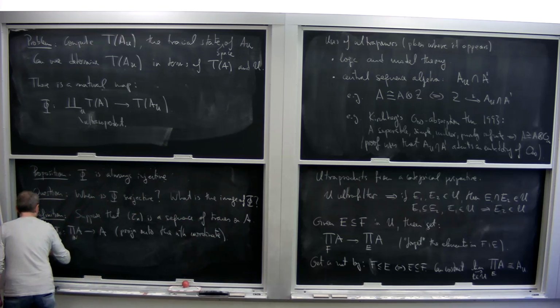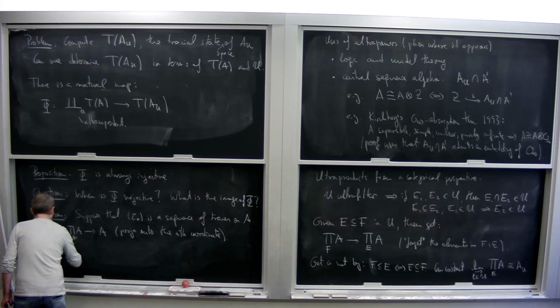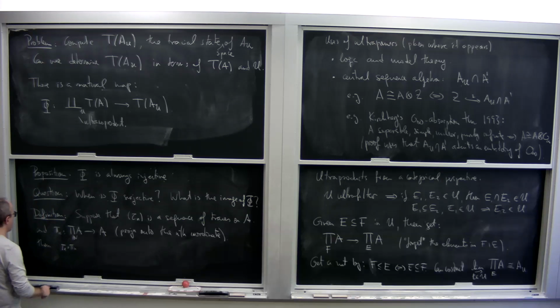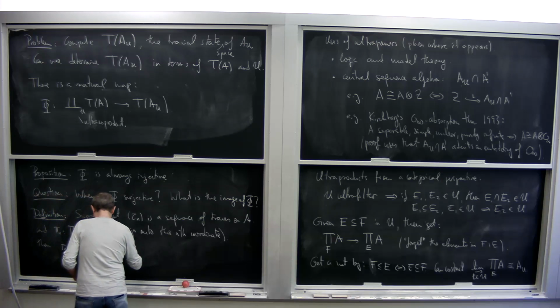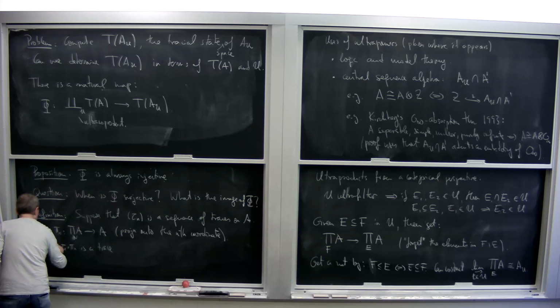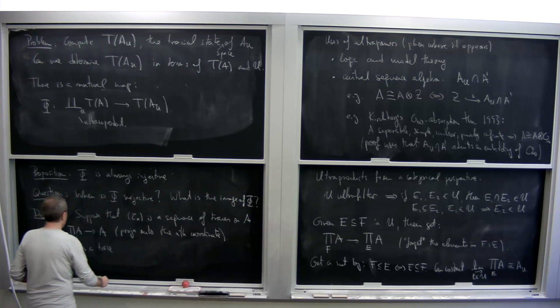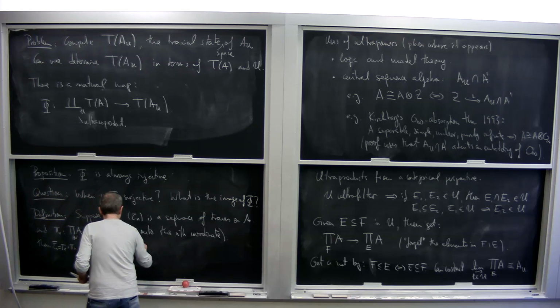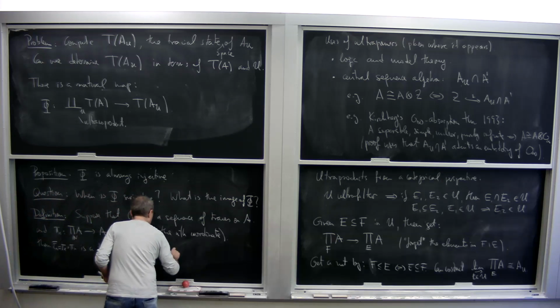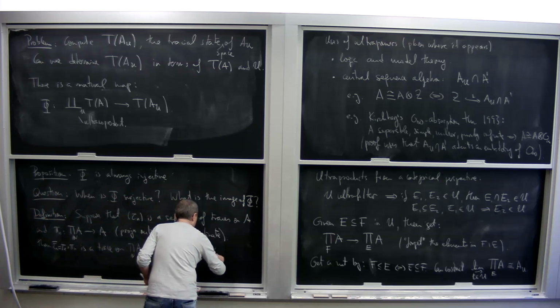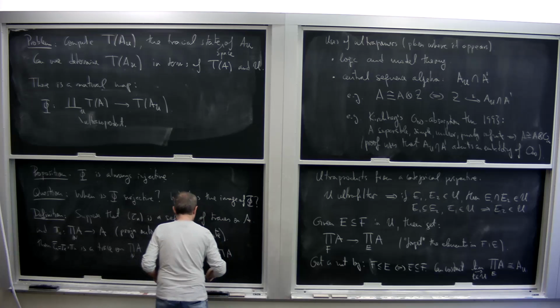Then, of course, we take pi n followed by tau n. So this is a trace, which we call maybe tau n bar. So it's a trace on here. And we get in this way a sequence of traces